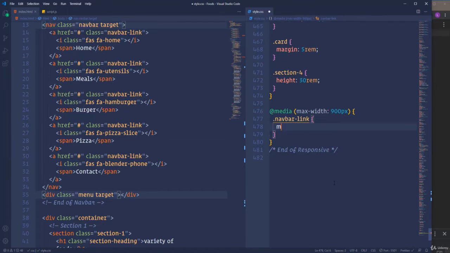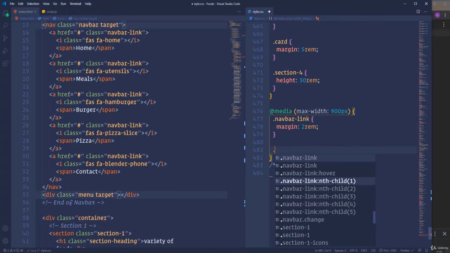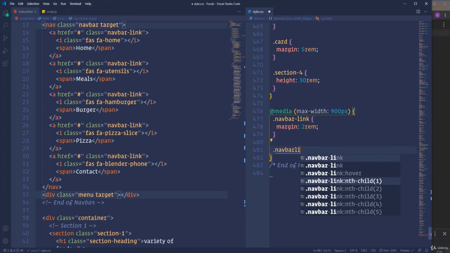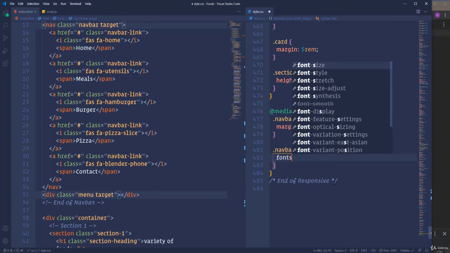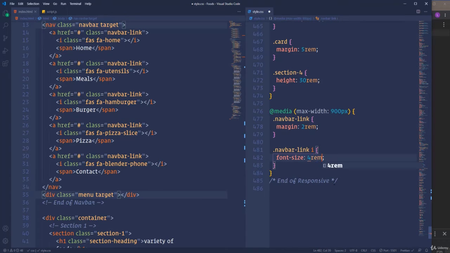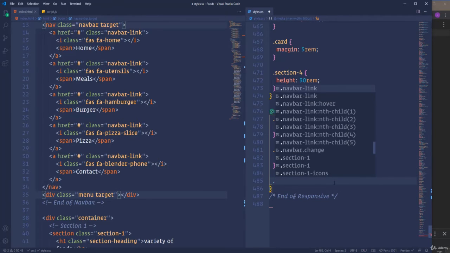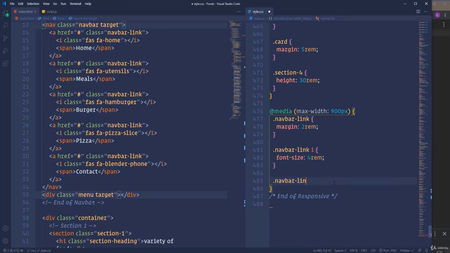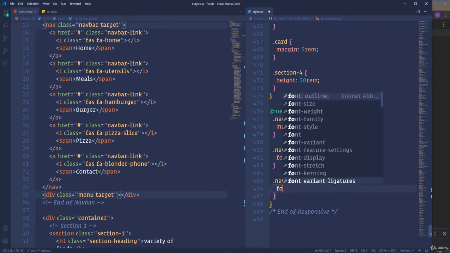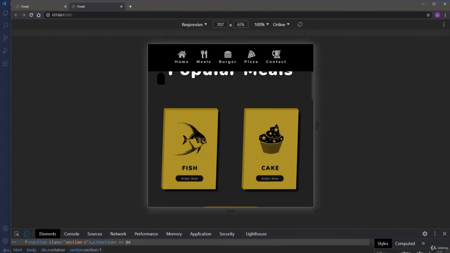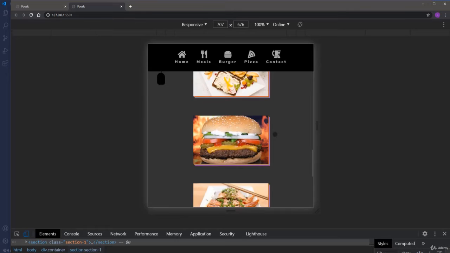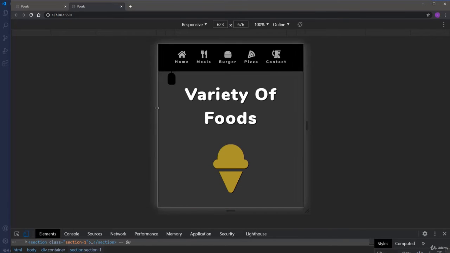I'm going to set margin to 2 rem, then select the I element because I want to decrease slightly the font size. Let's set it to 4 rem, and also let's select span element, the text values, and set font size to 2 rem. Alright, that's it. Navbar looks good, and we have to move on and find the next breakpoint, which I think